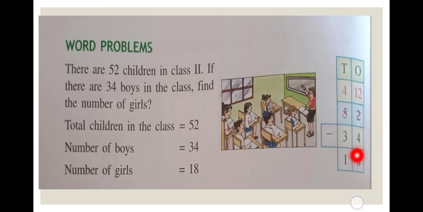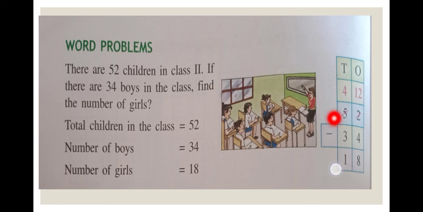of boys. And we are doing the subtraction here, but we cannot do the subtraction directly like this and write the answer. You have to write the statements. These statements are very important. So what are you going to write? You have to write down the total number of children in the class. Total number of children in the class is 52. Then this is the boys' number, isn't it? So the number of boys is 34 and the number of girls, how are you finding out?